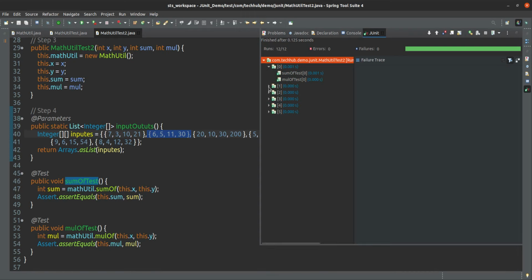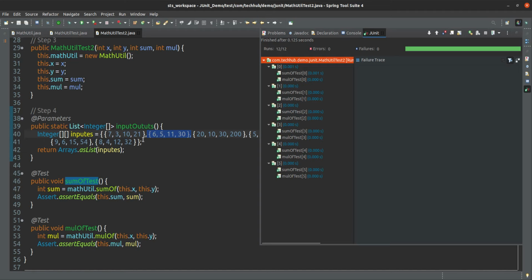Oh sorry, not 6, 12. You can say 12 test cases are executed. 6 inputs are there, 1 2 3 4 5 6 inputs, but for one input 2 methods are executing. Sum test, multiplication test, sum test, multiplication test, all that.